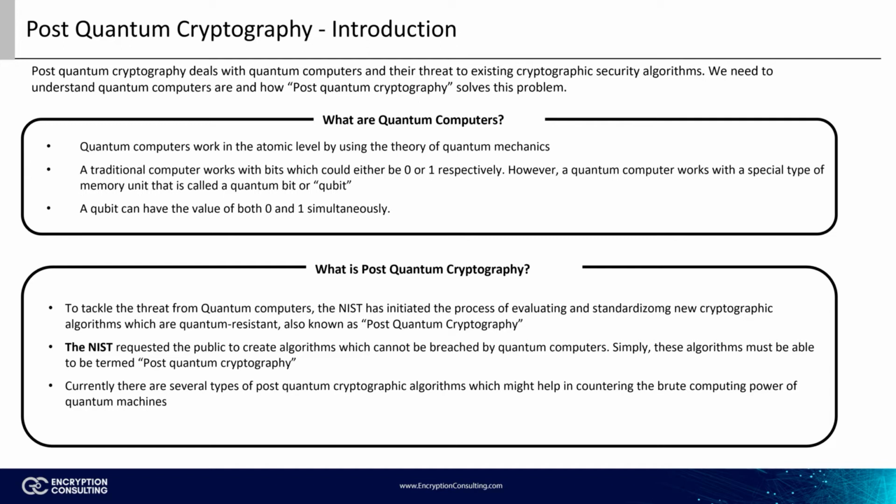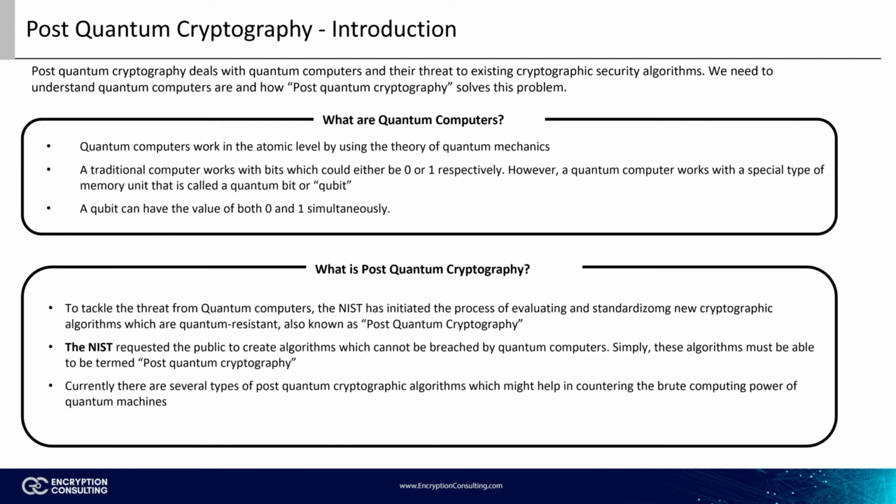Now, let's discuss how a quantum computer differs from a traditional computer. A traditional computer is an electronic device that deals with bits which can represent either the value 0 or 1. Quantum computers, however, work with quantum bits or qubits. A qubit can have the value of both 0 and 1 simultaneously. This doesn't necessarily increase the computational power of a computer. However, it does increase the speed exponentially of computation in certain cases. One of these cases is prime factorization, which can be used for decryption.